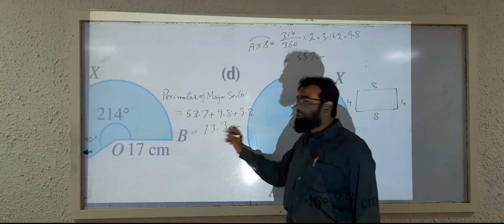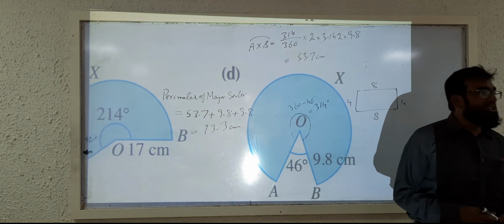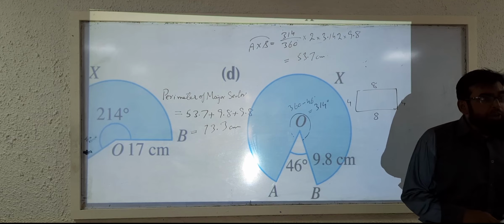73.3 centimeter will be the perimeter of this shape. Is that clear? Hope you have